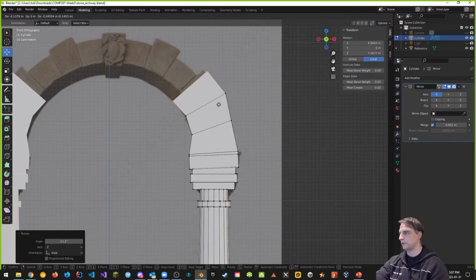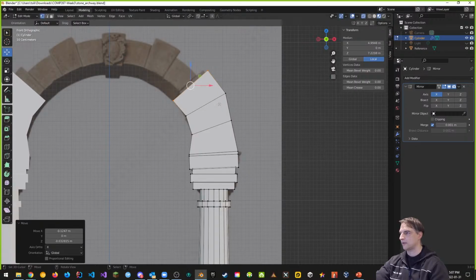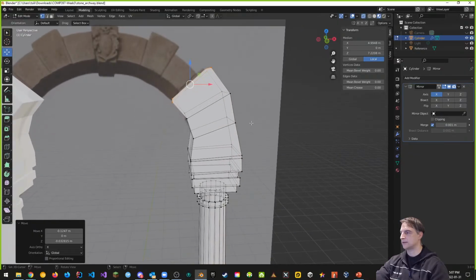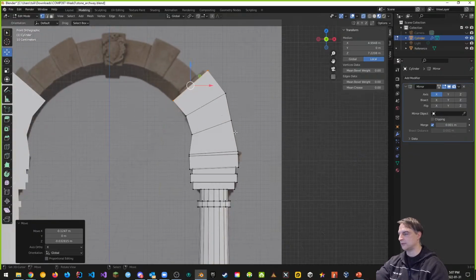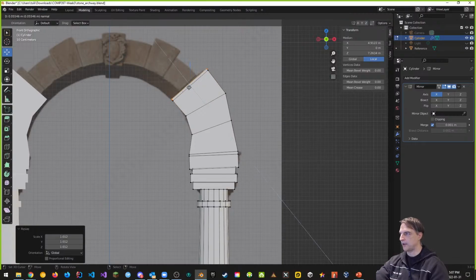We can move it this way a little bit. Good thing is we're only moving it around one axis, which is good. We don't want to try and delete this. We can also scale in, so that way it's not so crazy. And we're going to move in again. So expand this way,